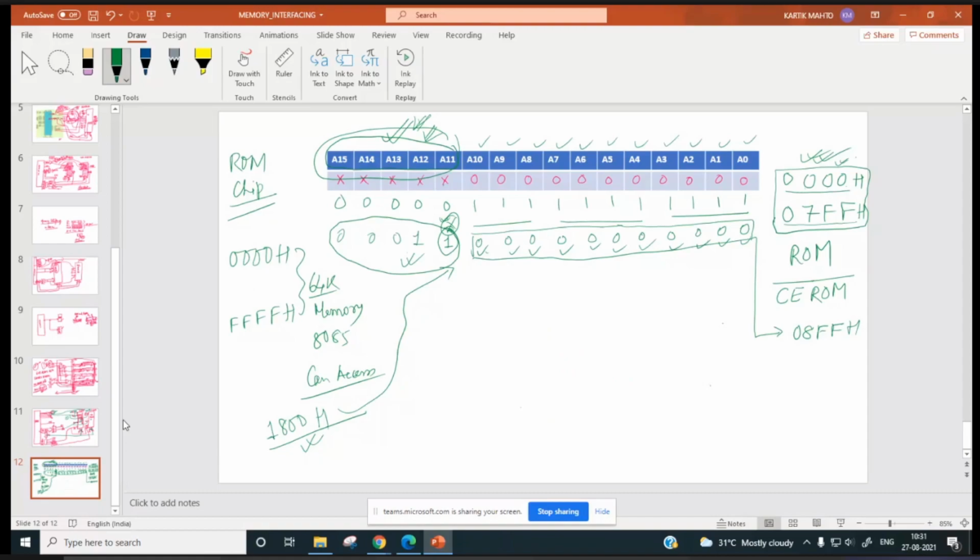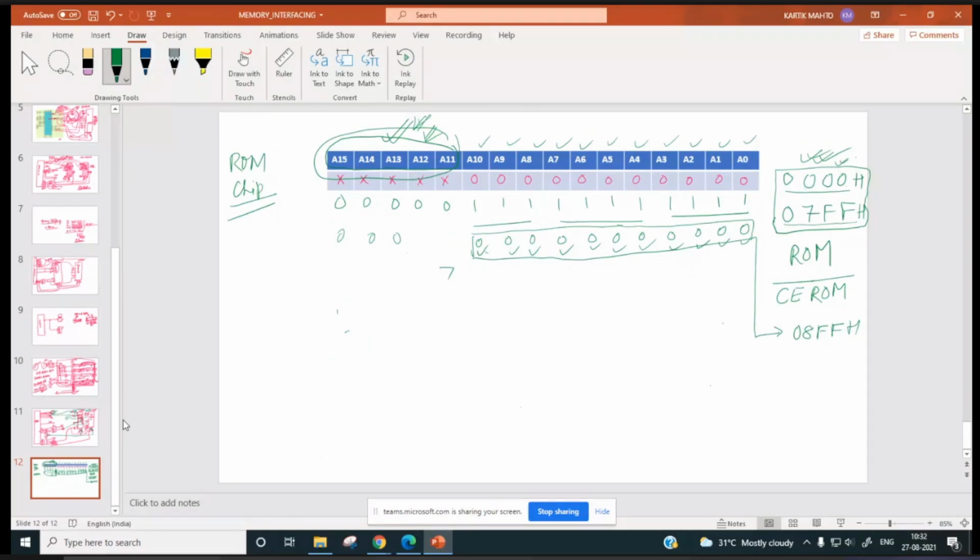Okay, so now we are coming to the decoding part for generating the unique address. What exactly do we want?